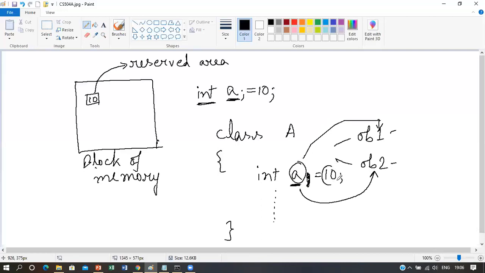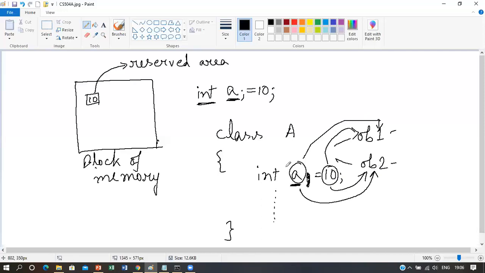So the value 10 that will go into OB1 is completely different from the value 10 that will go into the object OB2. Here also the value 10 will go, but here also the value 10 will go. But the difference is that the value 10 that will go into OB1 will be completely different from the value 10 that will go into OB2.